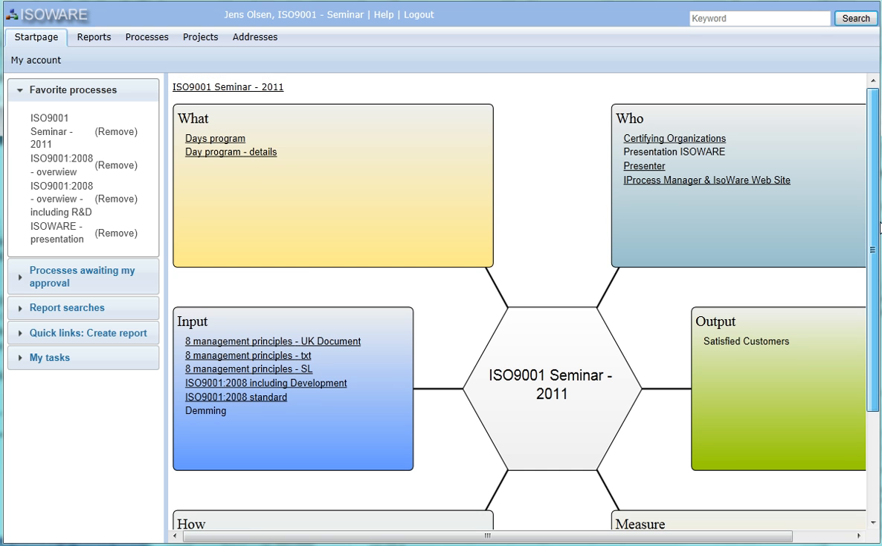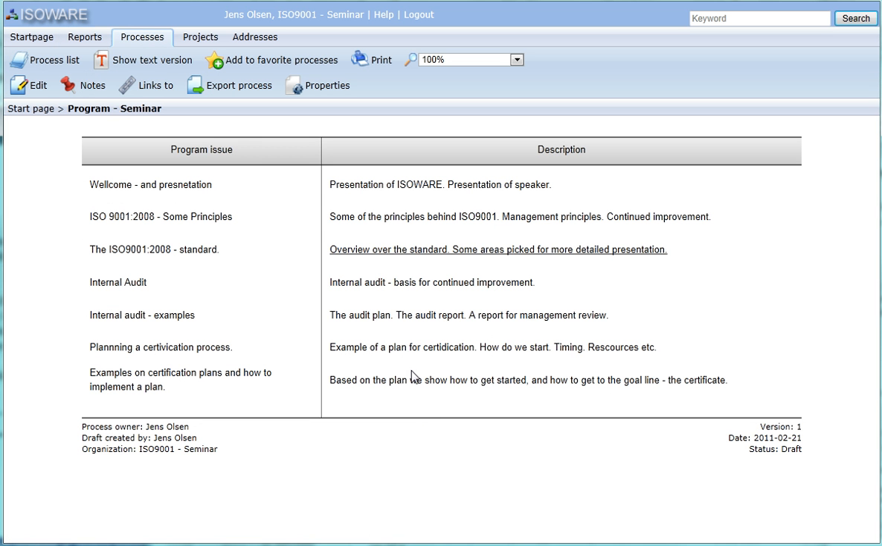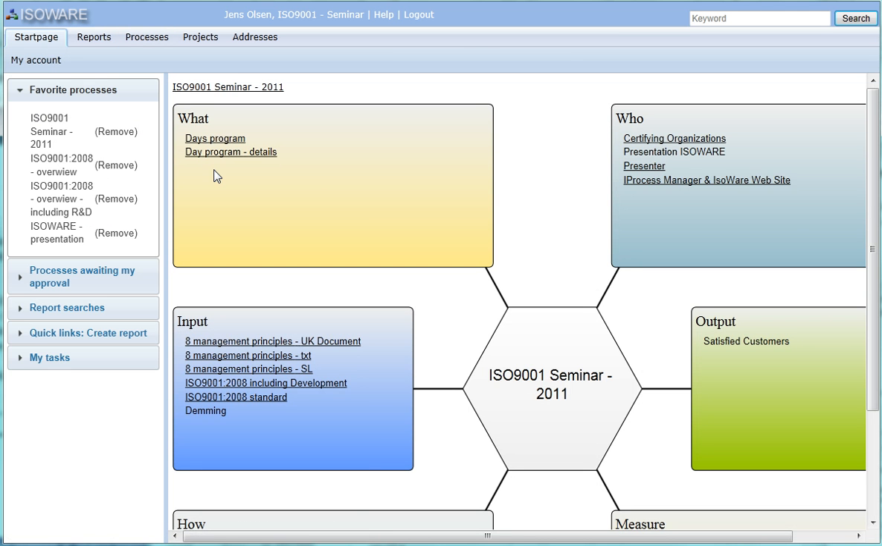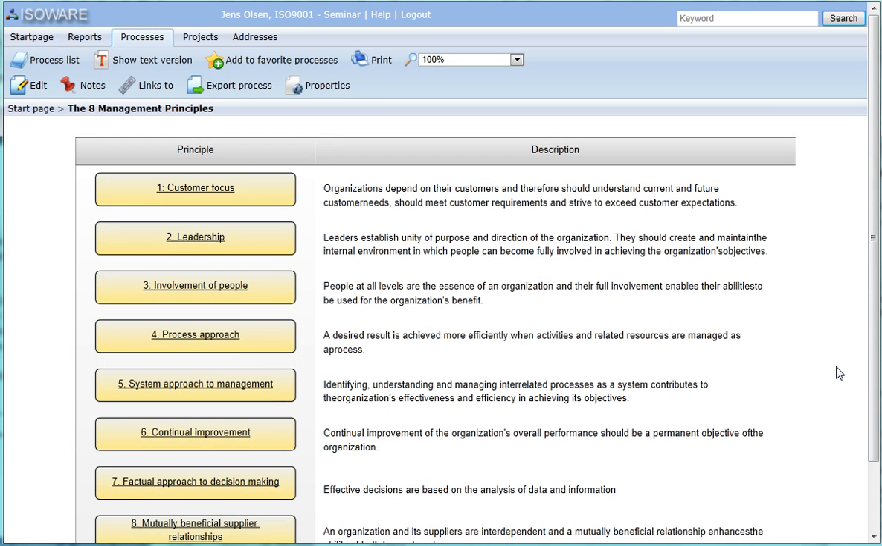It's called the turtle view, and when we introduce ISO 9001, we do it, for example, introducing a day's program, which is shown like this in our process system. We can go back to the start page, and we can then introduce the management principles that are used when you work with